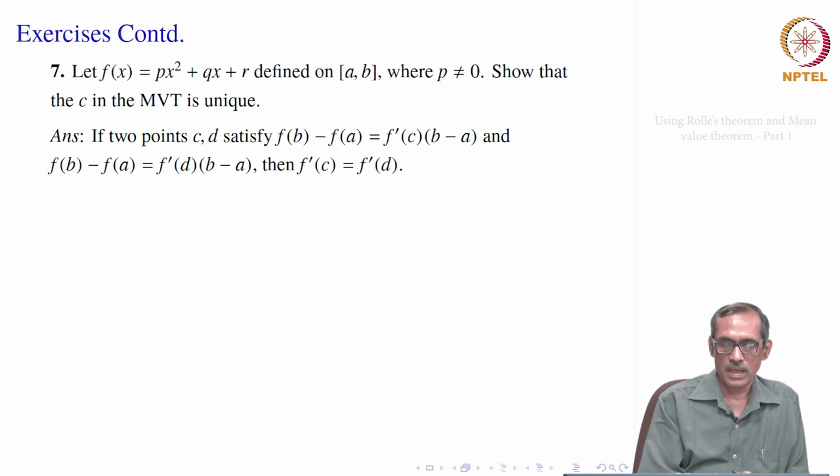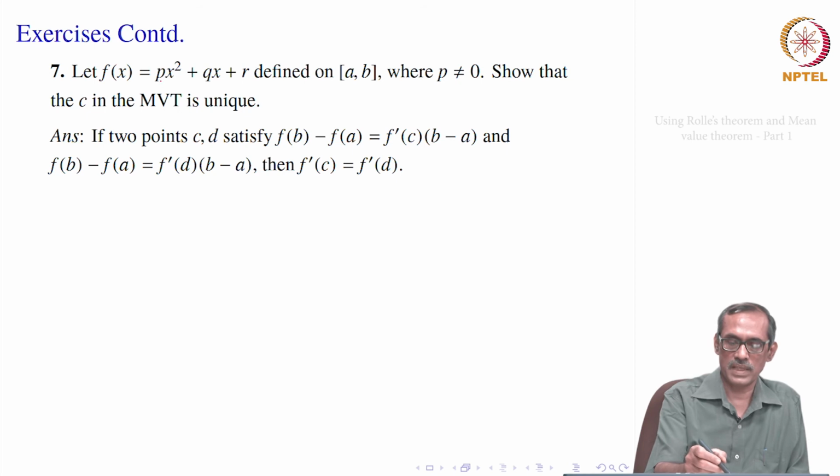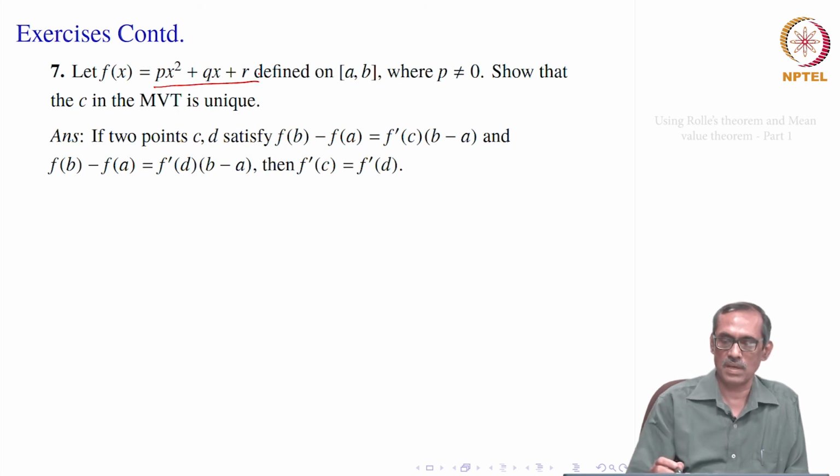Okay. So, suppose on the contrary that there are 2 points, we want to show only uniqueness. There exists a point because the mean value theorem guarantees it. It satisfies the conditions because this is a continuous function on the closed interval a b, and differentiable on the open interval a b. So, the mean value theorem gives a c at least.